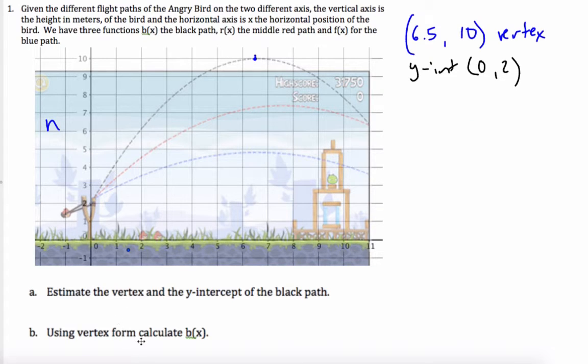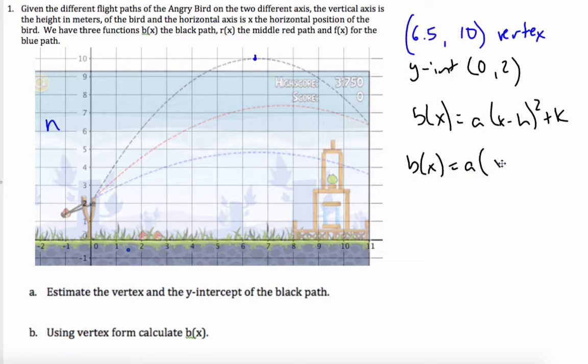Now, if I want to use the vertex, calculate b of x. Because I know the vertex, it'll be easiest to use vertex form, which looks like this, where h and k are the vertex. So if I plug in my vertex, I have x minus 6.5 squared plus 10. Now my dilemma is I need to find a. In order to find a, I need to use some other point that I know, and I know the y-intercept. So if I plug in my y-intercept, my y value is 2, so y is 2 is equal to a, x is 0, minus 6.5 squared plus 10, which if I do that, I get 2 is equal to a times,